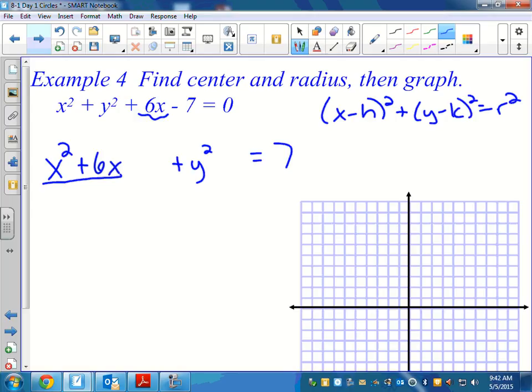Complete the square. So if you have an x to the first power or a y to the first power, you're going to have to complete the square, maybe more than once. If there was a y here also, you would have to complete the square for both the x and the y. And just remember, whatever you put over here, you have to keep it balanced and put it over here as well. So remember, to complete the square, you take half of